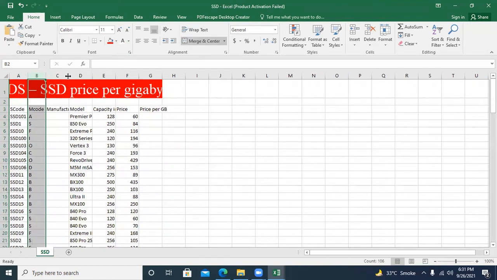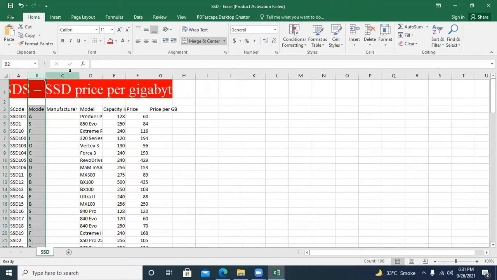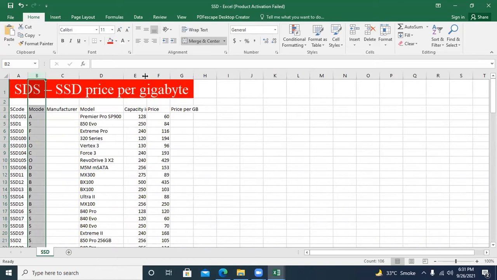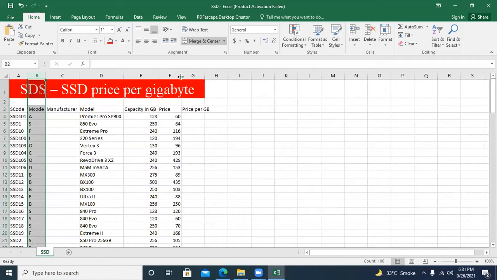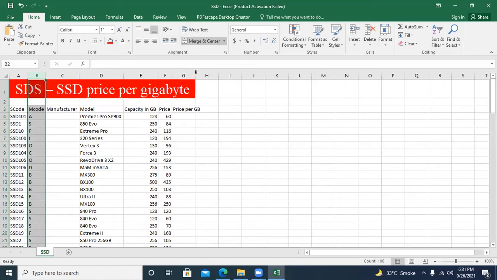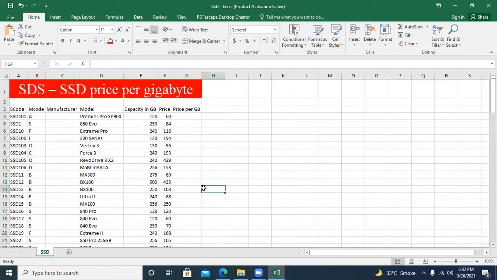So here are the manufacturers. Do like this. And this is how we set it: SS code, then M code, manufacturer, model.